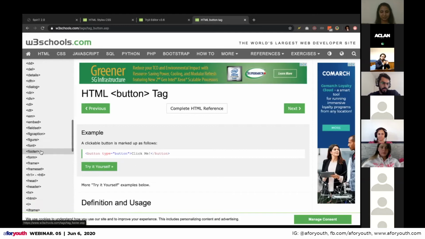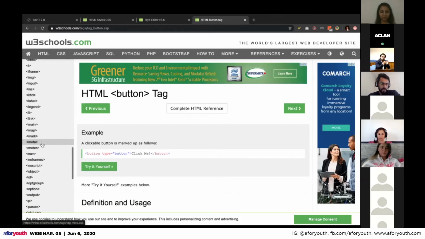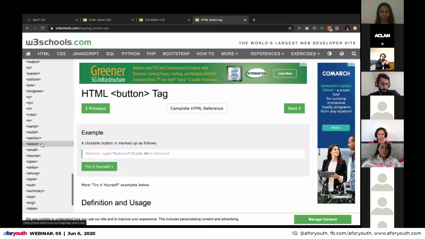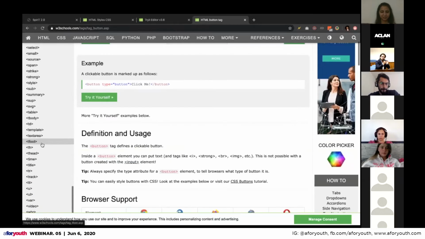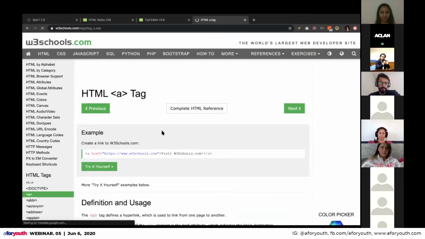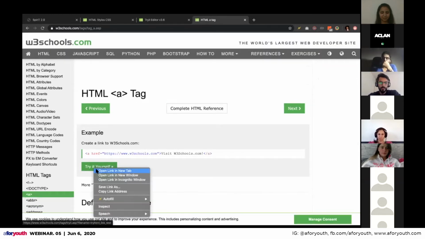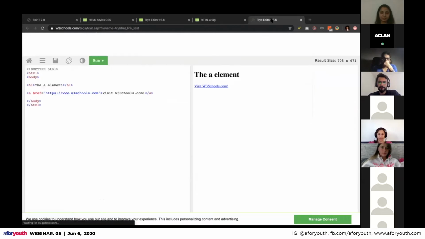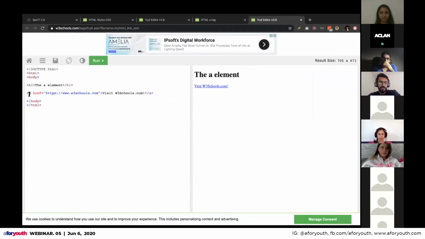Let's go to the link tag that we just saw. So it's here. What we actually saw is that there is a link tag which has an href attribute.